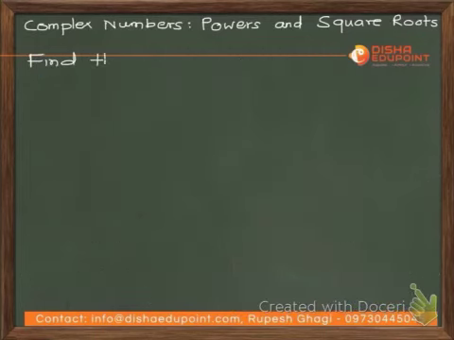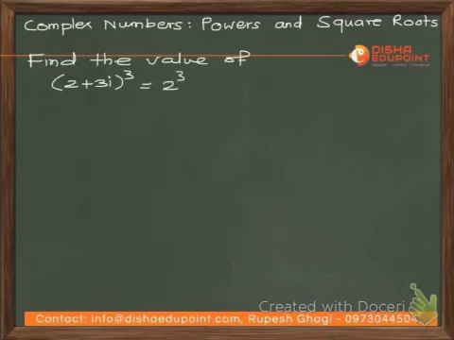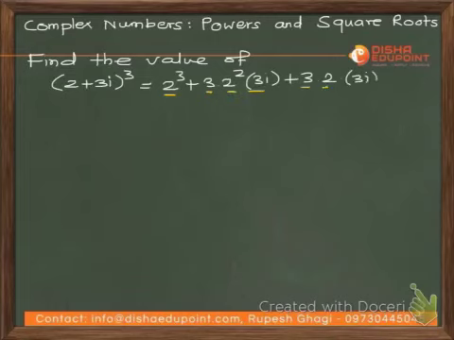Now the next question is, find the value of (2 plus 3i) cube. I think if you are asked to find the cube, either you can multiply the brackets (2 plus 3i) 3 times, or you can use the identity for the cube, right? The (a plus b) cube formula, that is a cube plus thrice a square b plus thrice a b square plus b cube. Okay, we put all the values.